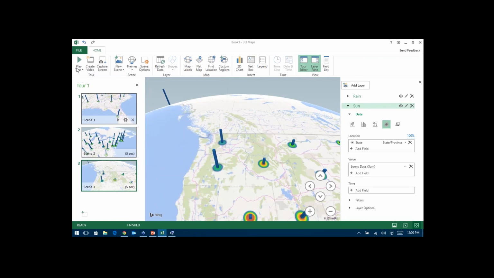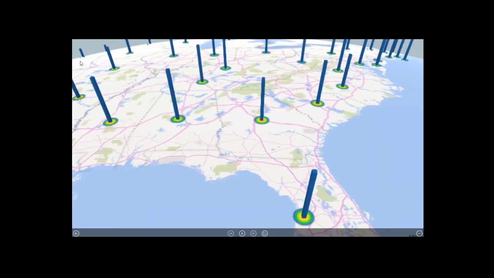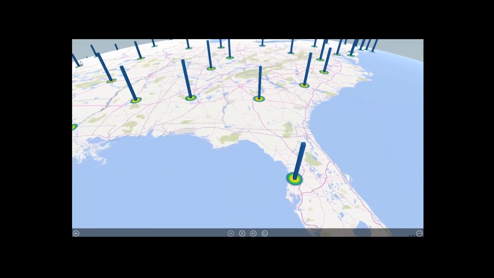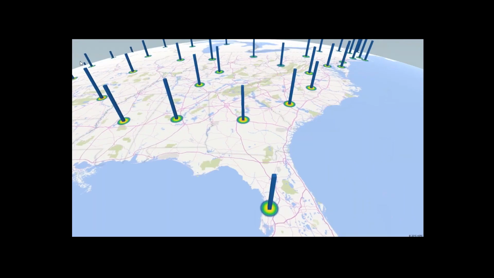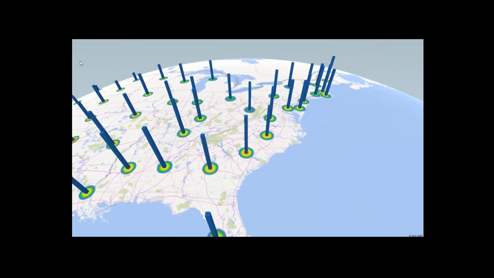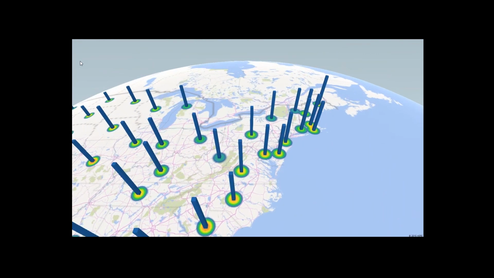All right, so I've put a couple of little animations on here. What I'm going to do is click the little play tour up here at the top, and this is actually going to animate. I did the little push-in animation for this one, so it's going to push in on the southeast. It's going to go up to that little scene that I made up here in the northeast, and you know that I did flyover for that one, so you can see it animating over top of that.